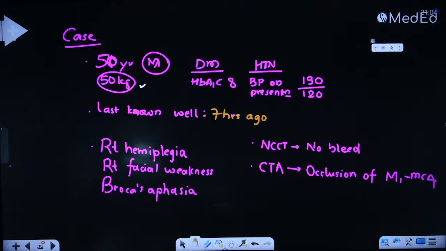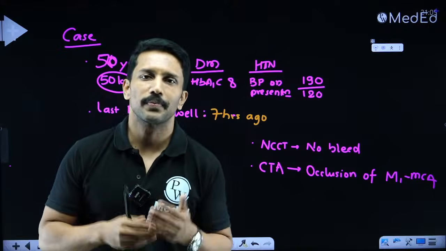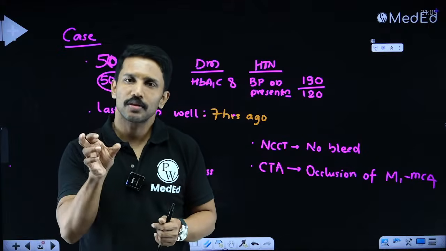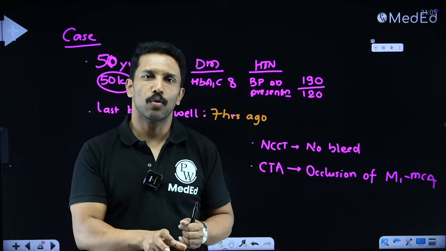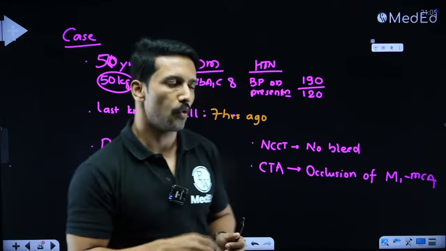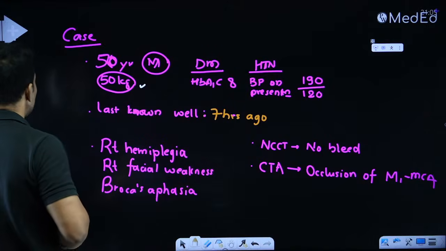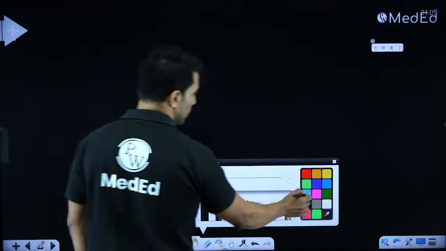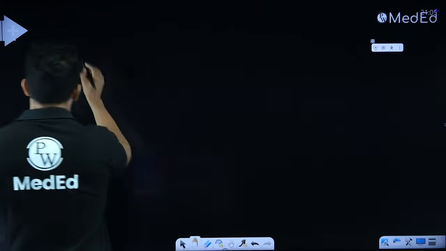If you're using tenecteplase, the thrombolytic agent is given as a single bolus dose. Whatever is the calculated dose, you just push it. If you're going for alteplase, you have to give 10% of the calculated total dose as the bolus and the remaining 90% as an infusion running over the next 1 hour. So now the pending thing is deciding about BP